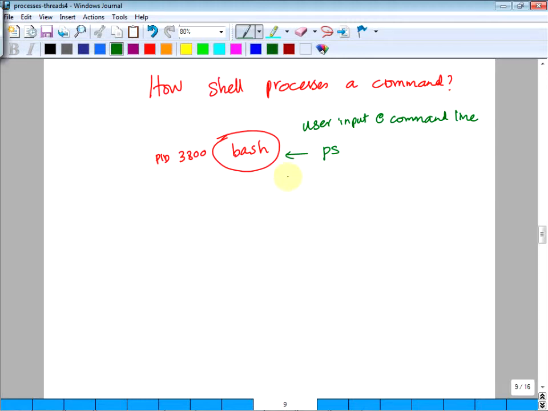So the shell realizes here that ps is an external command, so it goes ahead and forks. It invokes the system call fork. Now you have parent bash and child bash shell.